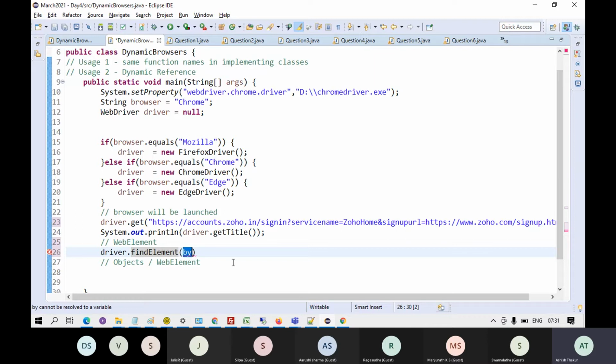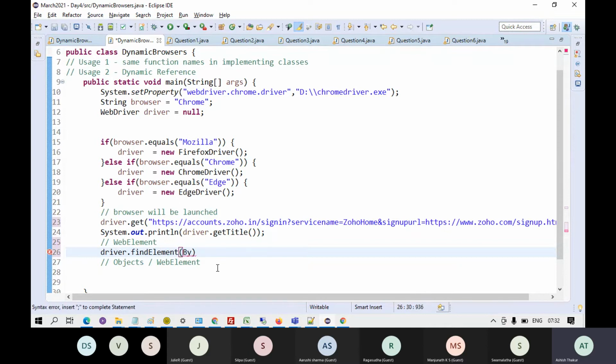That is defined by a class known as By. The By class defines the element type, like by which criteria you need to find the element.